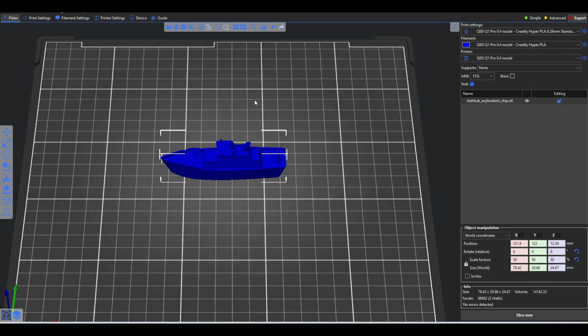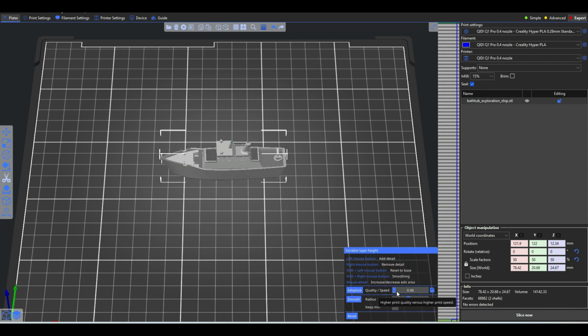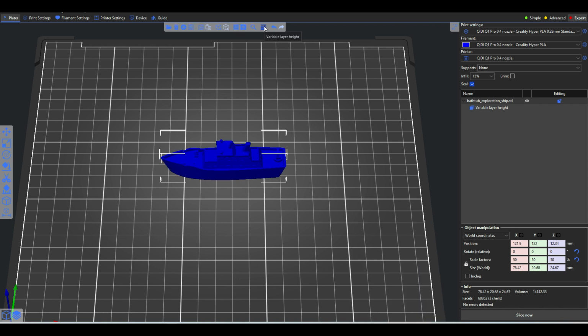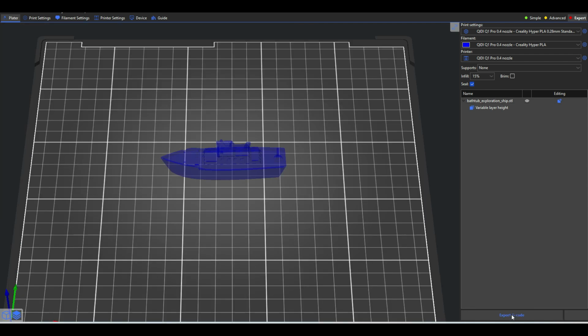Okay, I will choose the variable layer height for quality, you see, adaptive, something like this. Okay, you see what the layer is. 0.08 is minimum, it's okay. We make, slice the project,